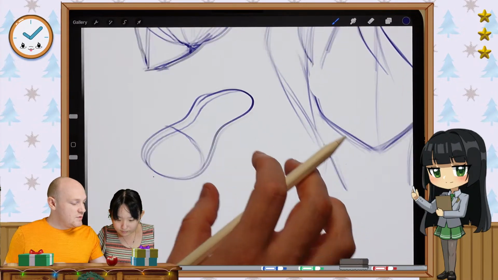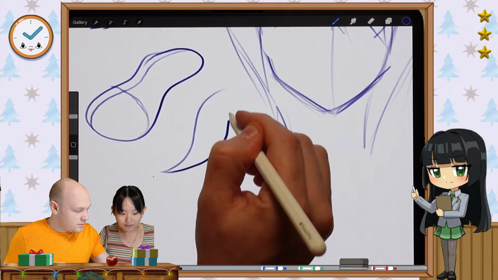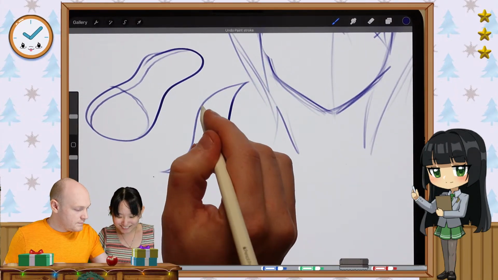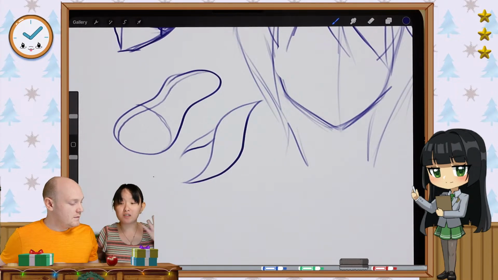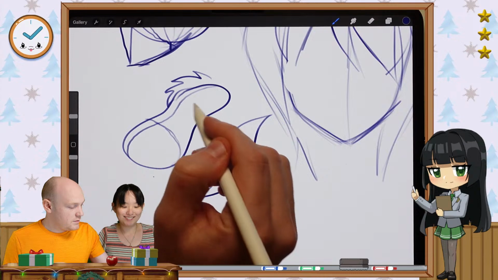Because the only difference between this and hair is pointy or blunt, whatever. Oh, hello, Witch Senpai. I like tapering my hair strands because it's a fun shape. So if you want to draw hair on any goofy shape, you can do it.